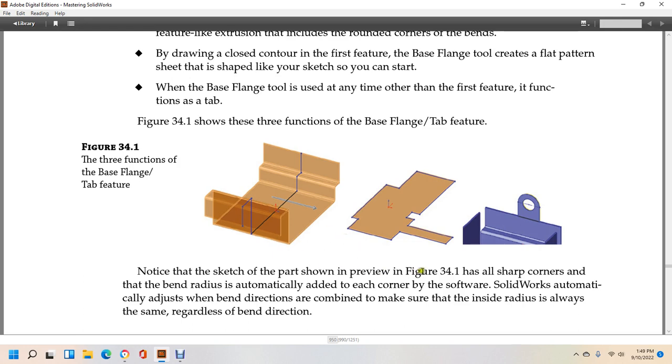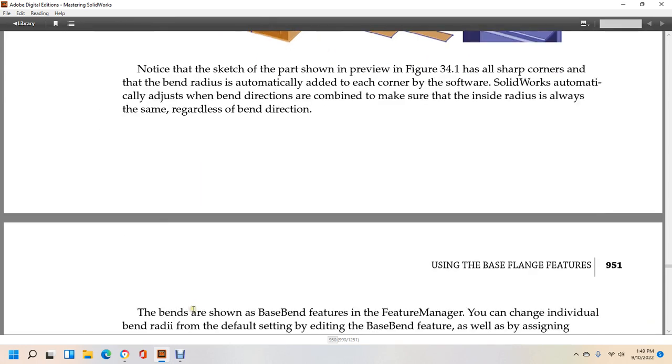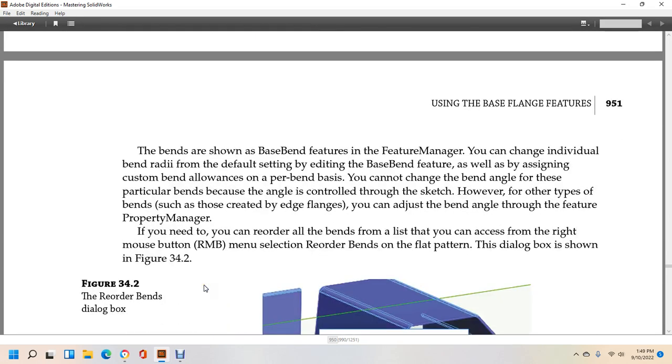Notice the sketch on the part showing the 34.1 has all sharp corners. The bend radius is automatically added to each of the corners by the software, combined with the bend direction. Make sure the inside of the radius is always the same regardless of the bend direction. Bends are shown in the base flange feature in the FeatureManager chain, with the individual bends using the radius from